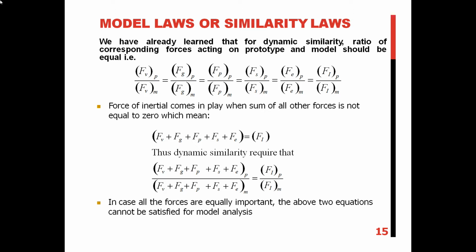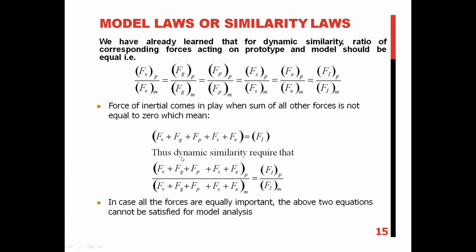we have already learned about dynamic similarity. So what did we learn in dynamic similarity? The ratio of the corresponding forces acting on the prototype and the model should be equal, which holds only when the forces in a prototype and the forces in a model are equal. That is, Fv of prototype by Fv of model is equal to Fg of prototype by Fg of model, and Fp of prototype by Fp of model. So viscous force, gravitational force,